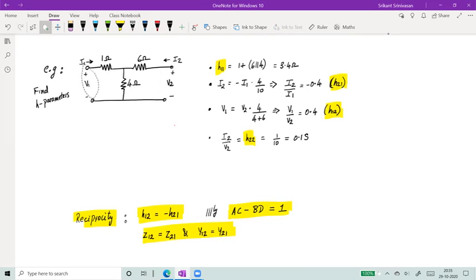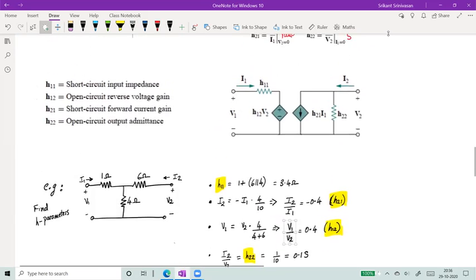And if I apply some voltage in this network and measure a current flowing through this path, and now I reverse the situation, I apply a voltage at this path and I short circuit this path and measure current I1, then for the same voltage applied on either side, the same current should develop on the opposite side. Right? That's the thing. And we know that here H21 is I2 divided by I1. H12 is V1 divided by V2, right?